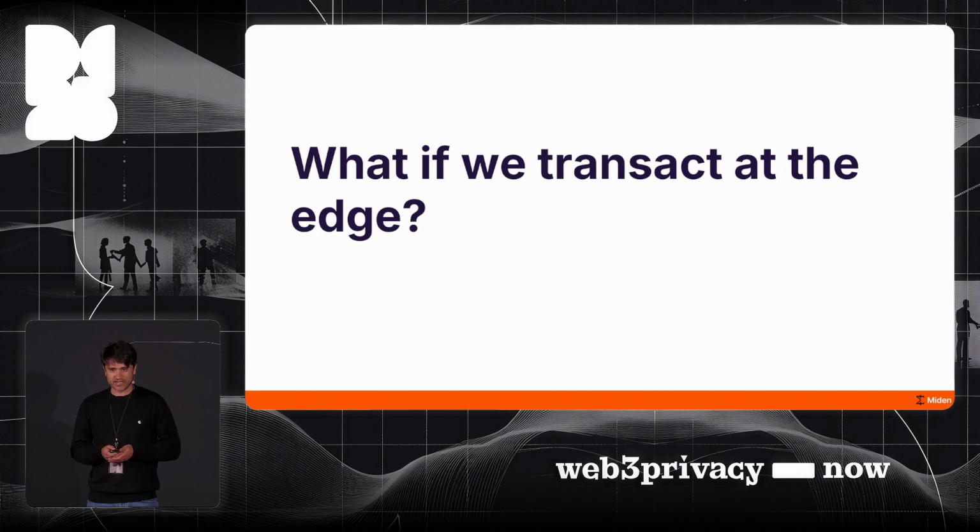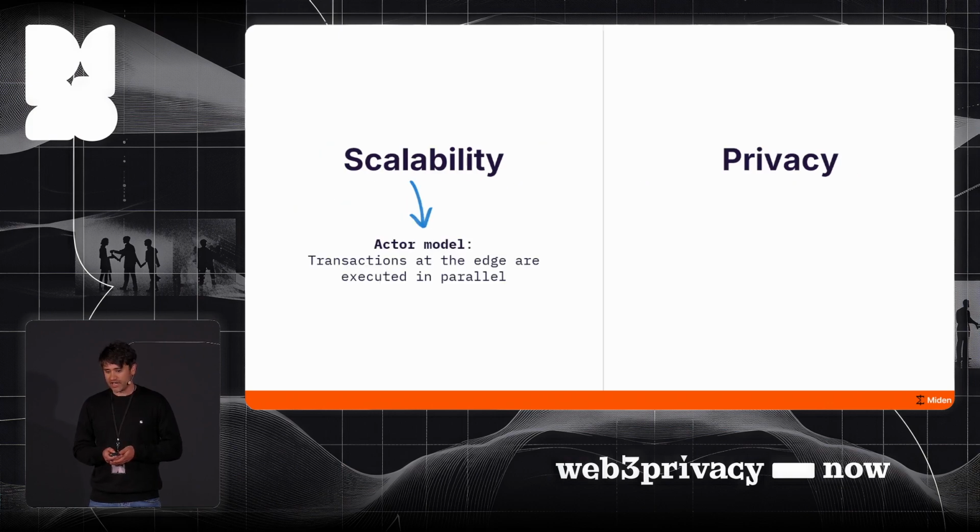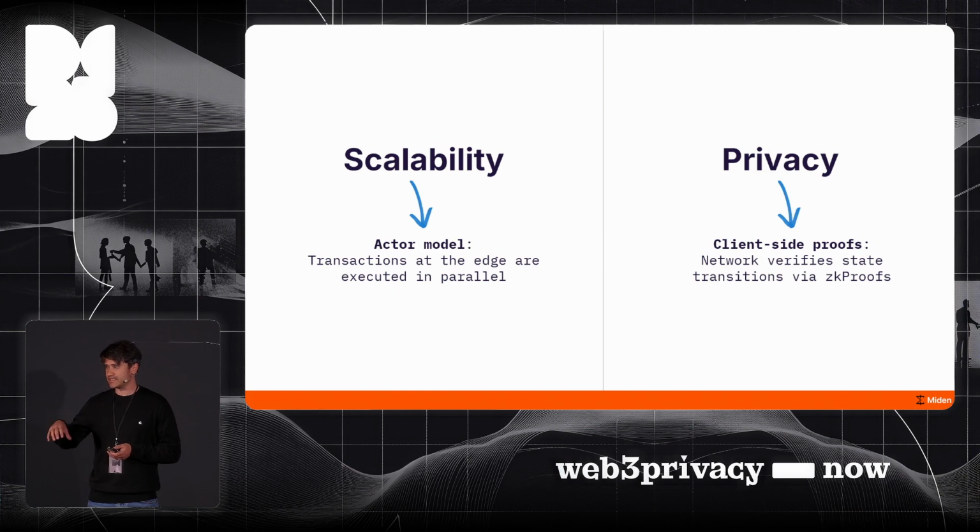We can prove the transaction at the edge and store the state at the edge, and then build a blockchain around that. But ZK doesn't give you the whole concept, so we needed to rethink the state model of a blockchain and apply the actor model, which allows us to transact at the edge. For privacy, we can use client-side zero-knowledge proofs, so the data basically never leaves the user's